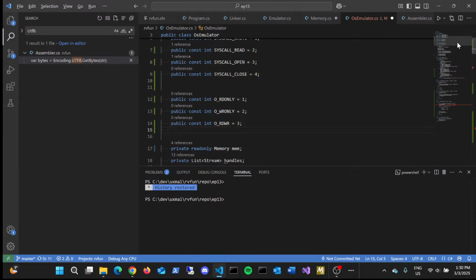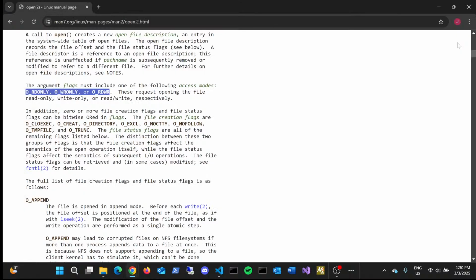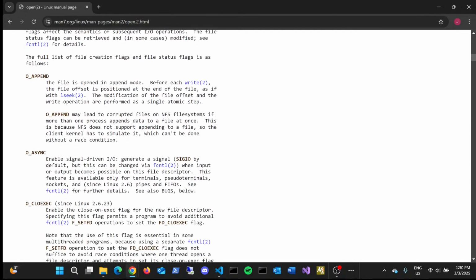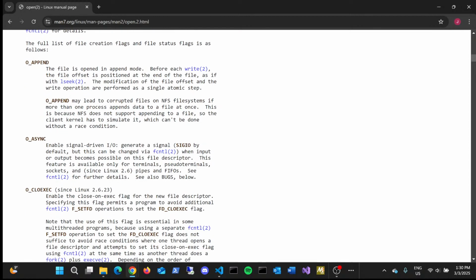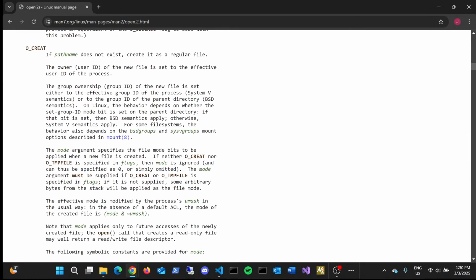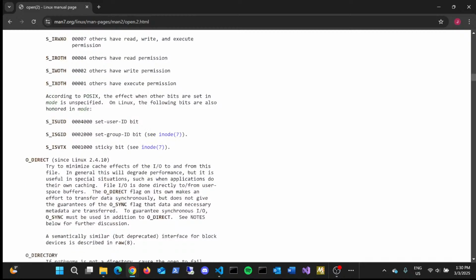So those are the access modes. But then we also need to specify how we intend reading the file. And so there's all manner of modes. There's append and async, but the ones that I'm going to be implementing are ocreate